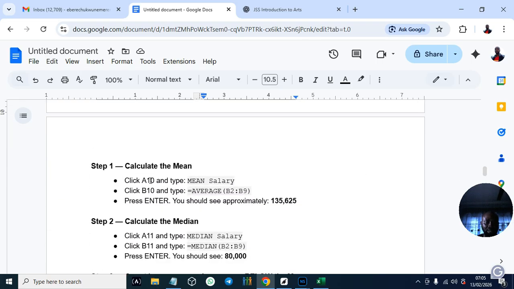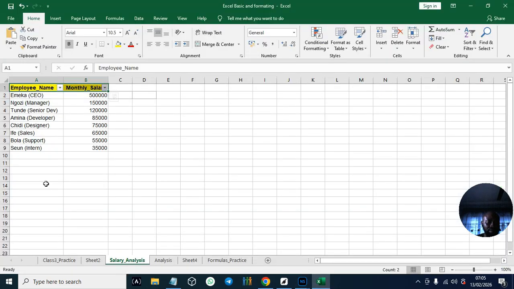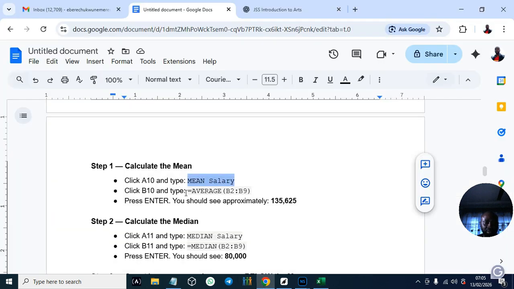Now let's calculate the mean. So in A10, let's find the mean. Watch closely, watch here carefully. So in B10 we calculate the salary.